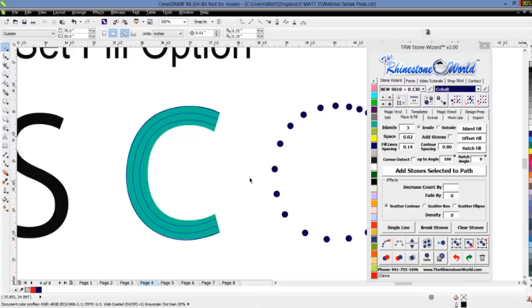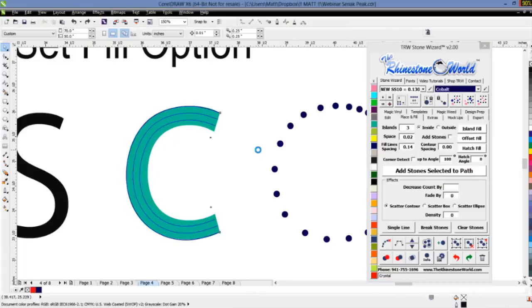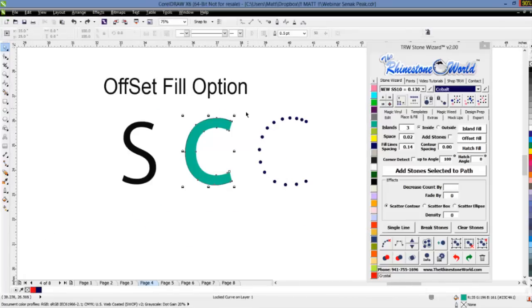See, that's going to add perfect to the inside right there. So see those contour lines? What you could do if you wanted to is, when you come back, add stones to path, and it's going to add them like that. Or what you could also do is, watch this. We're going to,